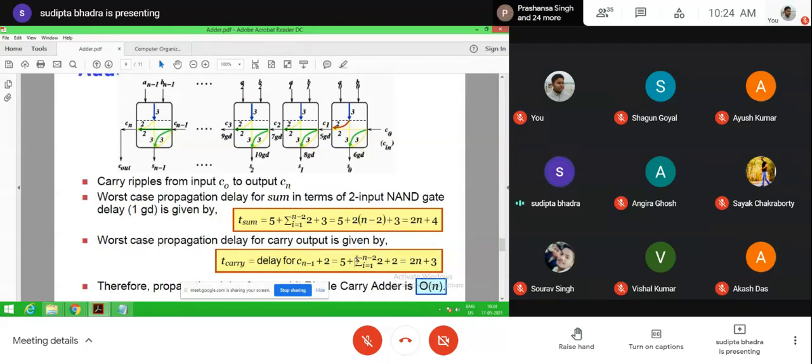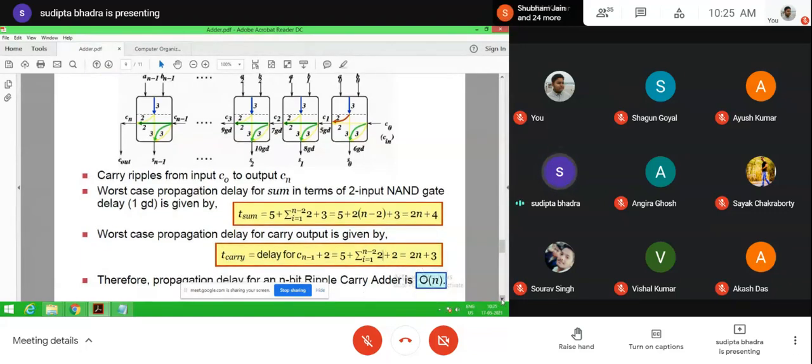Please follow the highlighted part. 2 gate delay plus 2 is the last one. So here we also get 2n plus 3. That means the propagation delay for carry output is also order of n.